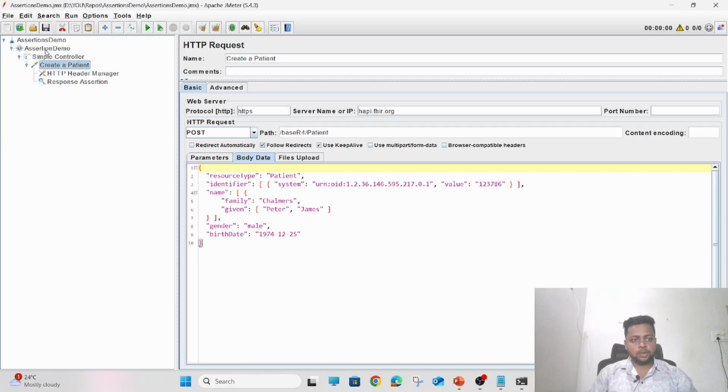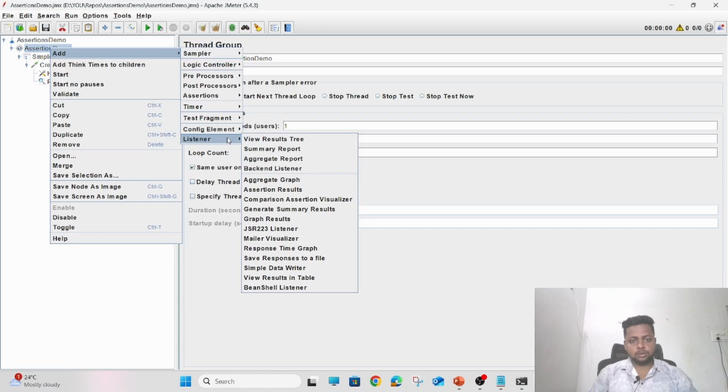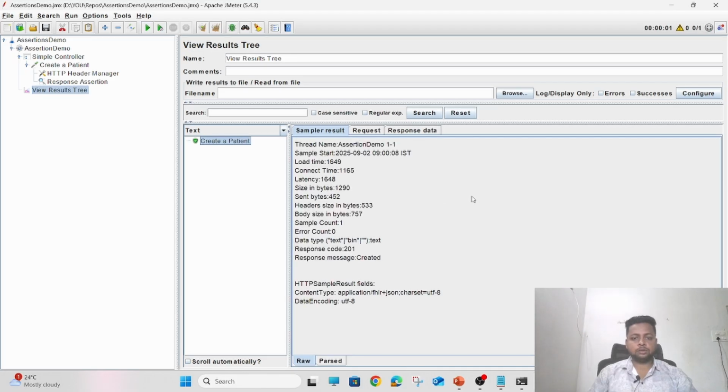Before I execute, let me add listener where we can see the result. Right click on the thread group and go to listener, add view results tree. Here we will see the results. Execute this request and see. Click on start button. Create a patient request got executed successfully, and we have received 201 created response and response